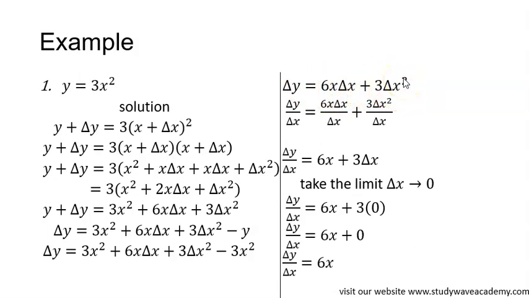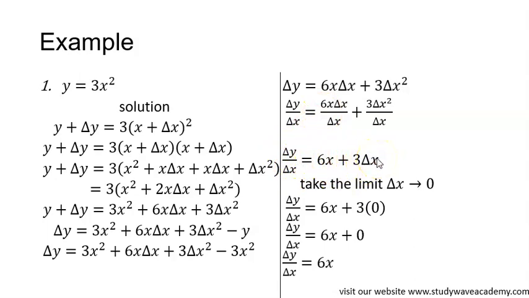Now what do we do next? We divide both sides by the change of x, okay? So the change of y over the change of x is equals to 6x the change of x over the change of x plus 3 the change of x squared over the change of x. We cancel. The change of x cancel this change of x. We're left here with 6x. Then the change of x here cancel this one. This one is raised to power 2, so we still have 1, the change of x left. So the change of y over the change of x is equals to 6x plus 3, the change of x,